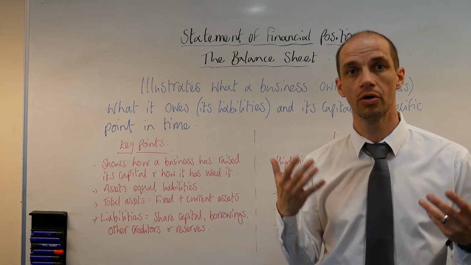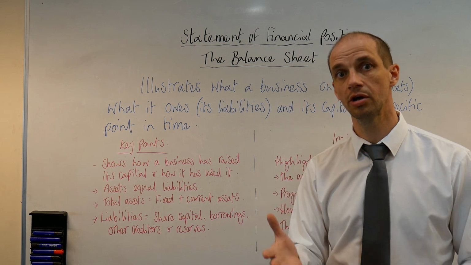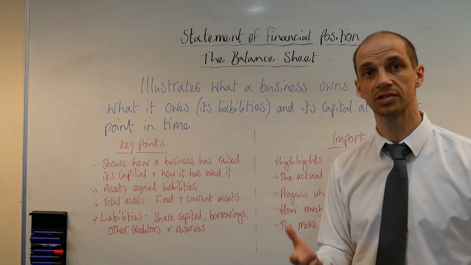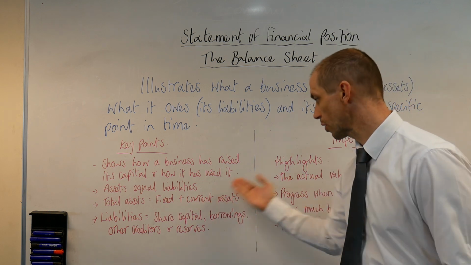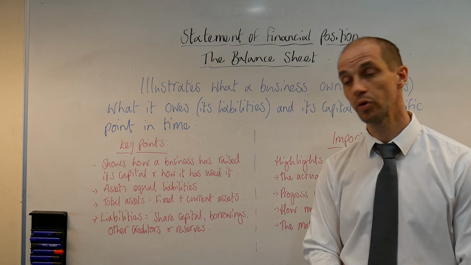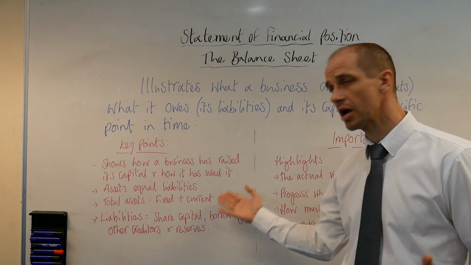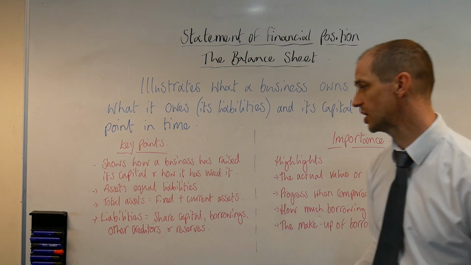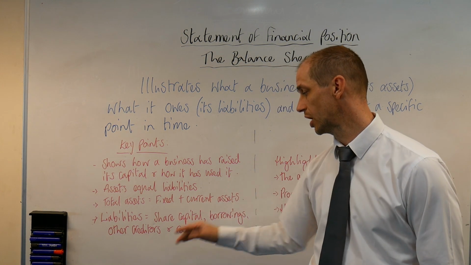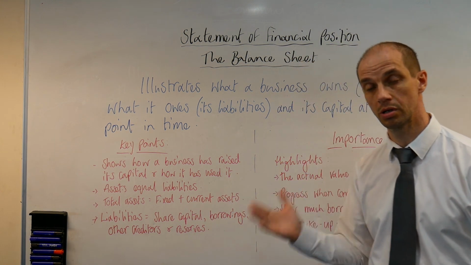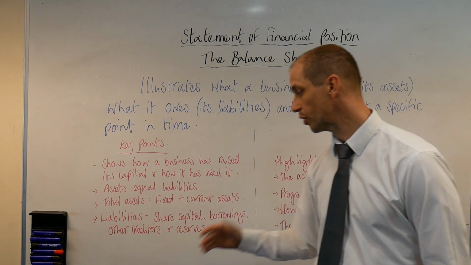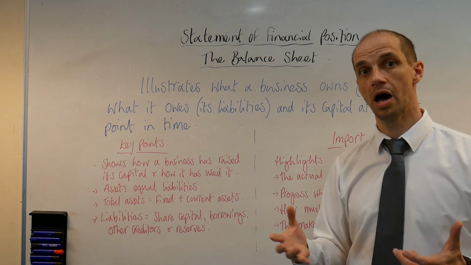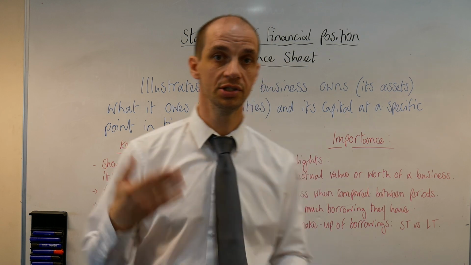Fixed assets, non-current assets, they are long-term assets that the business will use over a long period of time, whereas the current assets will be used up within a year. Great examples there would be obviously inventory, as well as cash that's actually sitting idle in the bank perhaps. And then we've got liabilities, and examples of liabilities include share capital, borrowings, which could be short-term or long-term, other creditors, and other reserves that have been gathered by the business